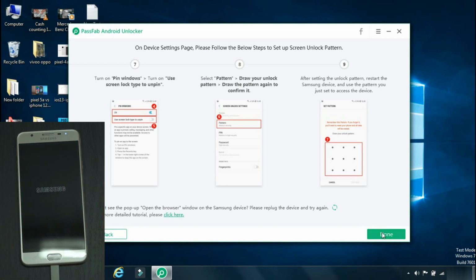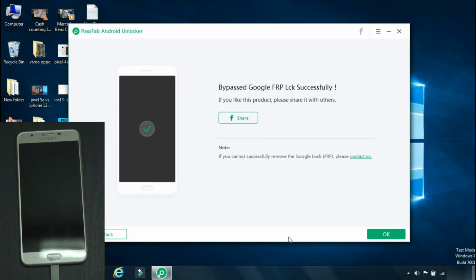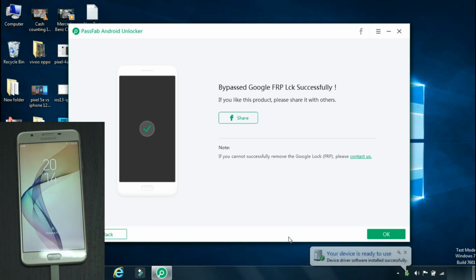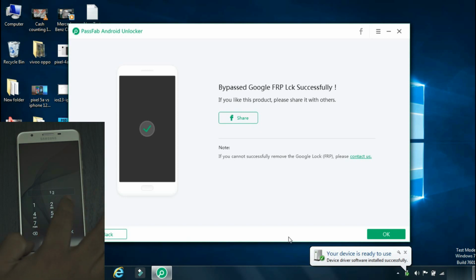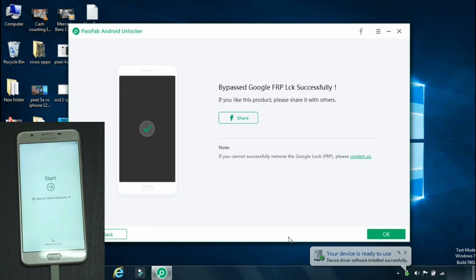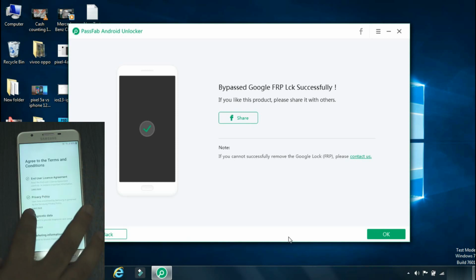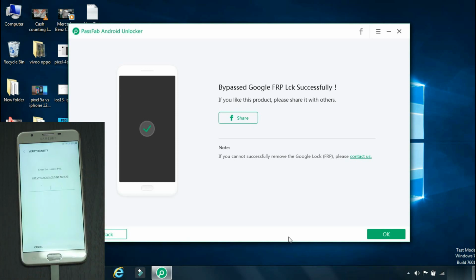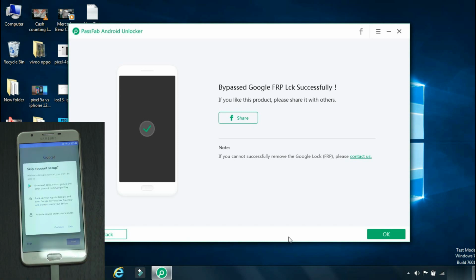Since all the steps are done, we will click Done on the app. The procedure may vary slightly depending on your phone model, so always follow the steps that are being shown by the app. The phone has booted up. Unlock it with the PIN or pattern that you had entered in the settings. Click Start and now your phone is back to factory settings as it was when bought new. Again enter the same PIN number. As you can see, it's asking to enter a new Google account, so the FRP bypass was successful.